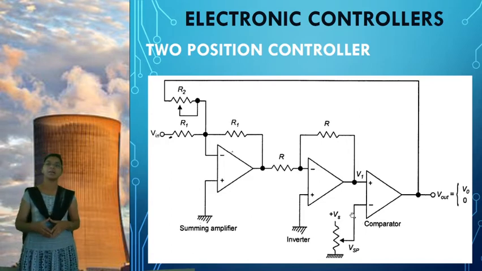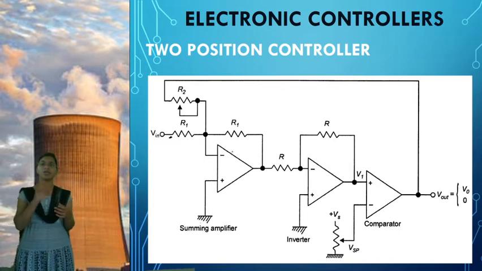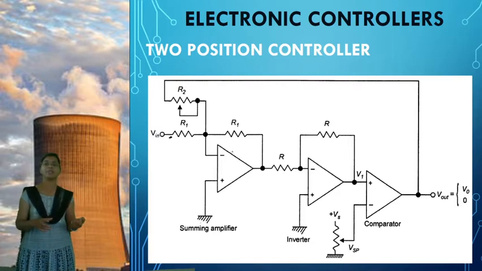So what is meant by comparator here? A comparator is nothing but whenever you take only one op amp, for that particular op amp you are going to connect two inputs. For the non-inverting input you apply one input, and for the inverting input you apply another input. That op amp will compare these two inputs. If these two inputs are equal, then that will produce a high voltage. If these two inputs are different, then that will produce a low output. So this is about the comparator.